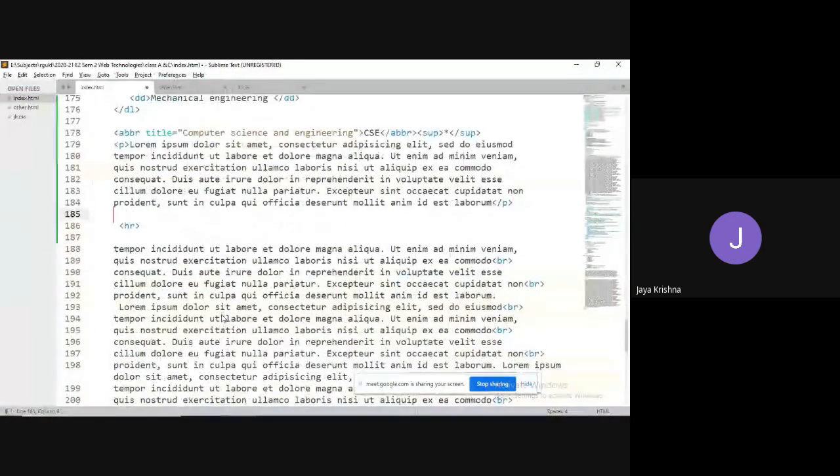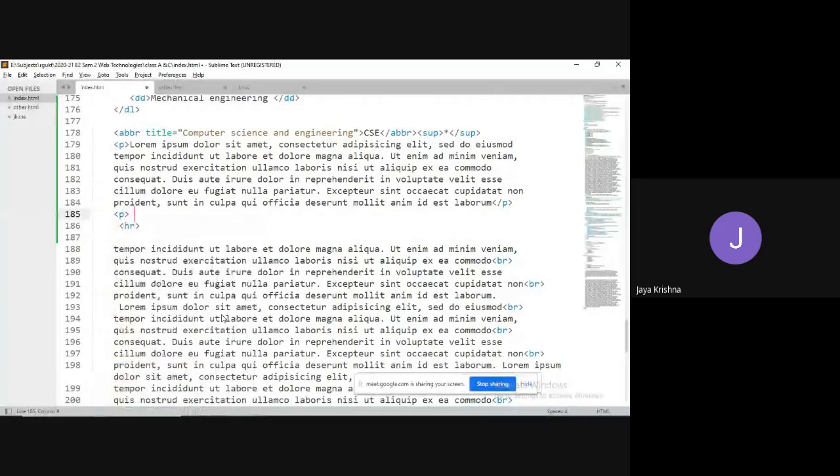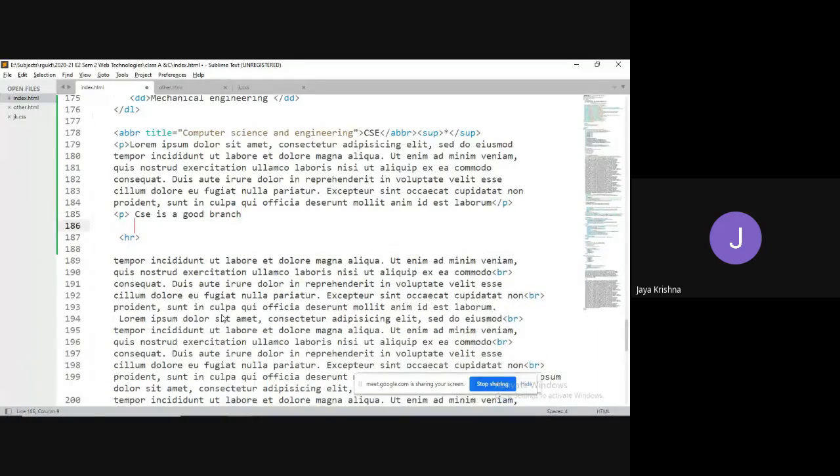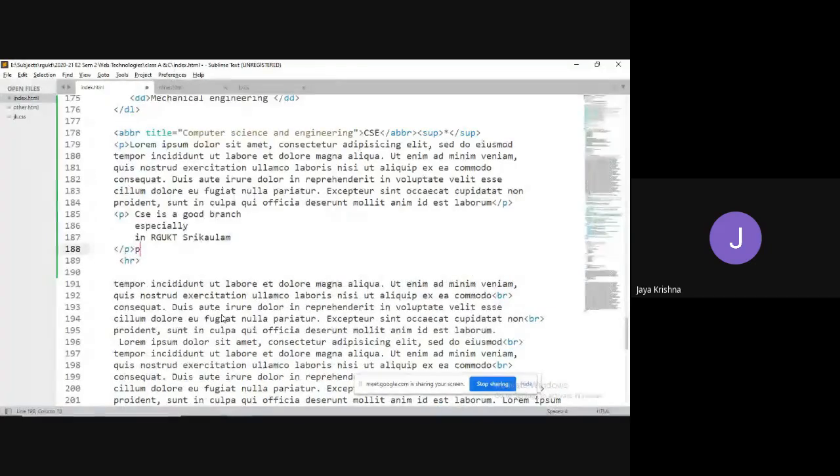I would like to have this paragraph tag, and I'm going to write: CSC is a good branch, especially in RGUKT Srikakulam. I'm going to close the paragraph.